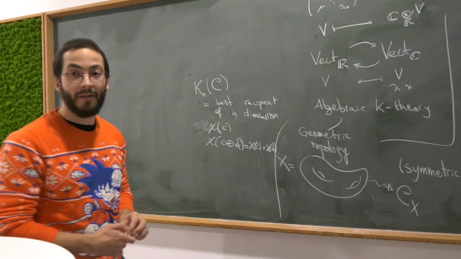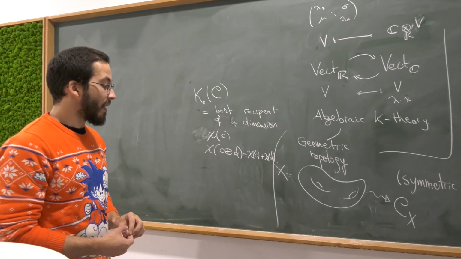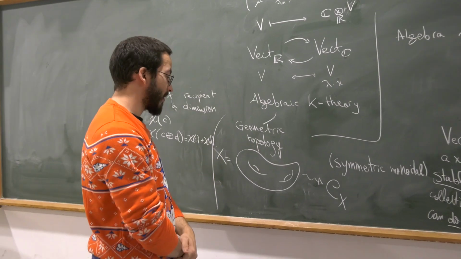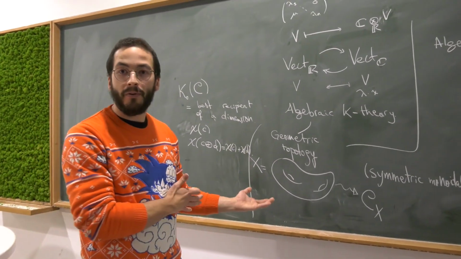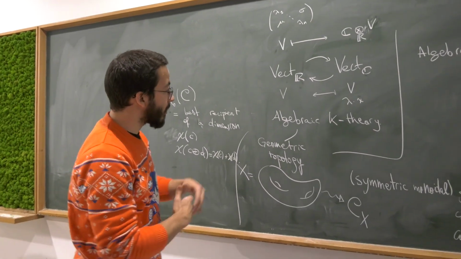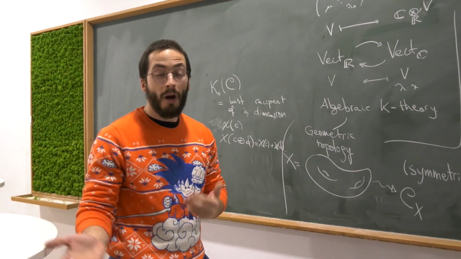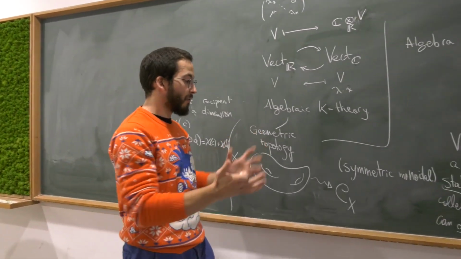So does it now help me also to classify my shapes? It can actually help you classify your shapes, yes. There are some very famous conjectures that are proved in certain cases and open in some other cases, which say, oh, if the algebraic K-theory has such and such property, then all shapes of a certain kind are classified.